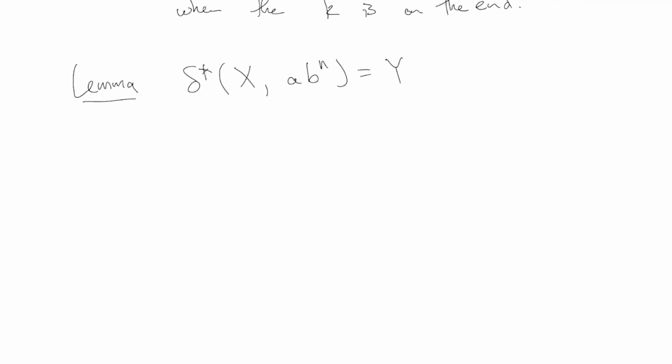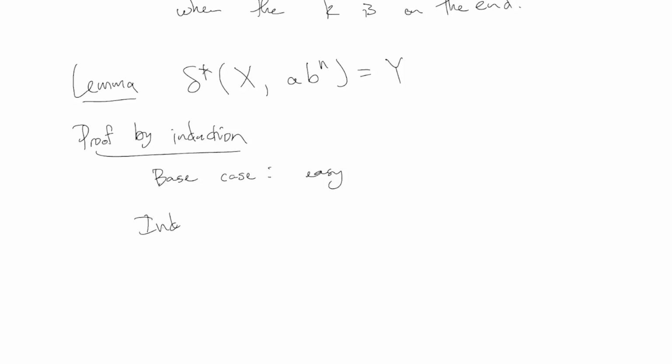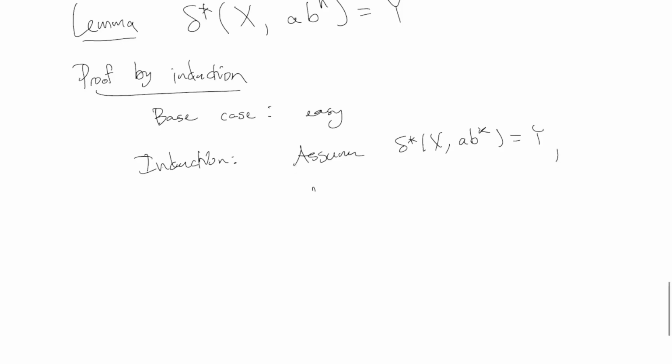Prove this lemma. This we can prove by induction in the same old way that we always have. Just because we have to leave in 3 minutes, I'm going to abbreviate this, if you don't mind. Base case, easy. That's my abbreviation. For the induction case, I say assume delta star of x, a b^k equals y. Then I want to show delta star of x, a b^(k+1) equals y. And the way to show it is